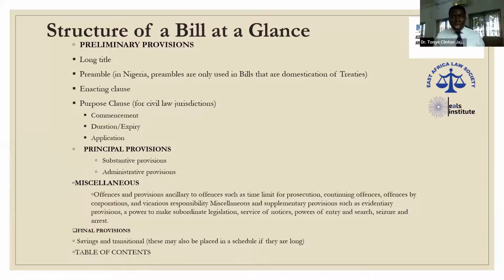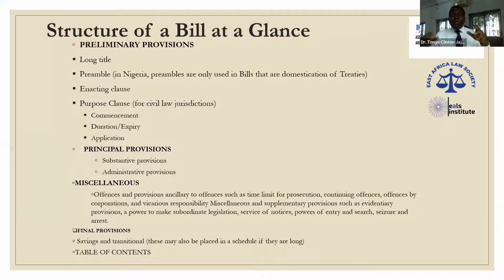Administrative provisions means if you draft a bill to create an agency, then you have to create the tenure of office for the Director General, how board meetings will be held. In Nigeria, we have what we call the Federal Character Principle in Section 14 of our Constitution.